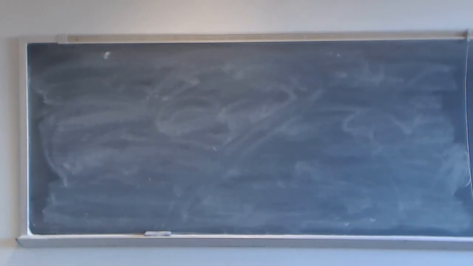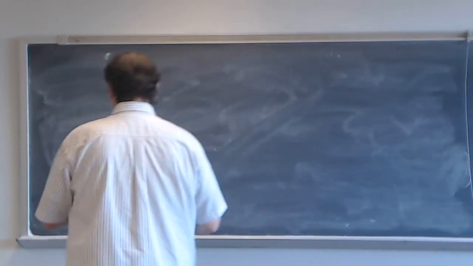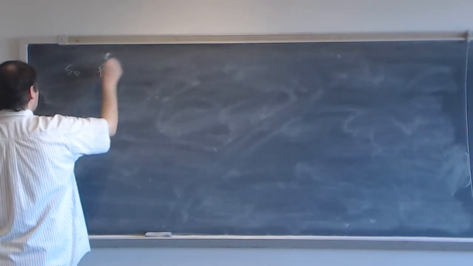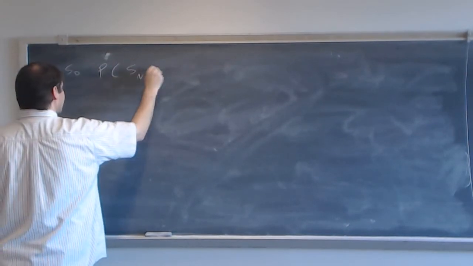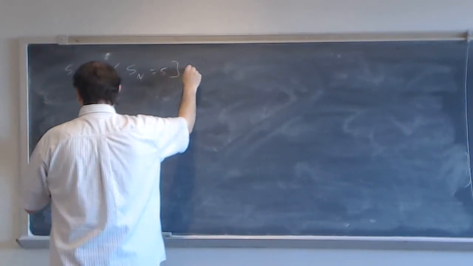Oh, I didn't answer the problem completely. So that was that probability. That didn't complete the problem. I'm sorry. That was the probability that S of m minus 1 was equal to 4. Oh gosh. So I'm sorry. So to complete the problem, the probability that S of n is equal to 5, that's going to be equal